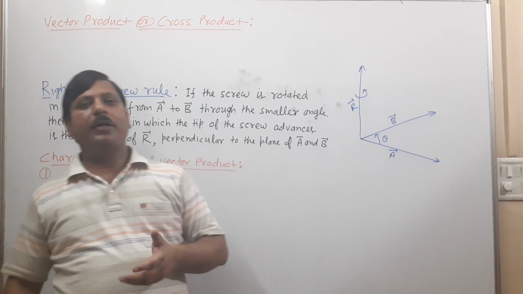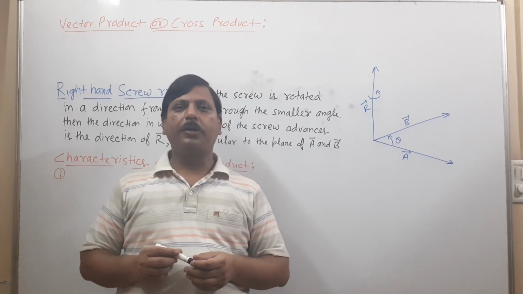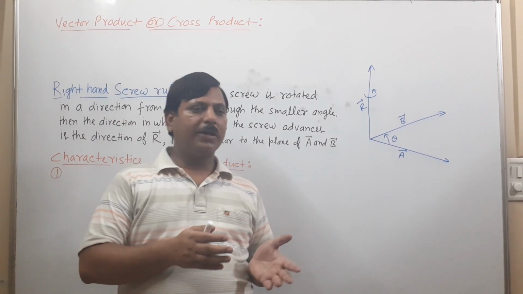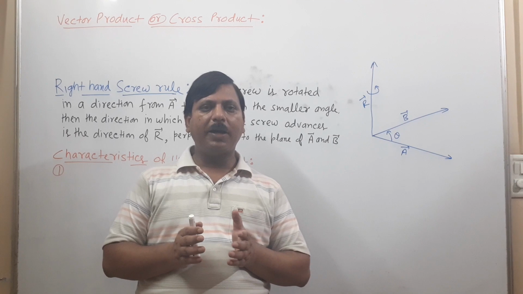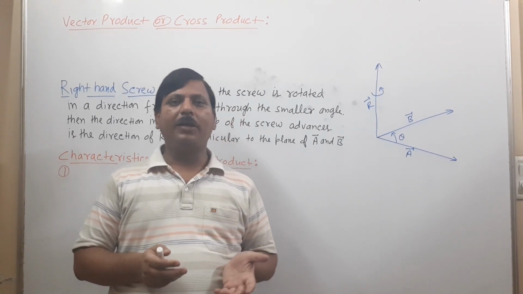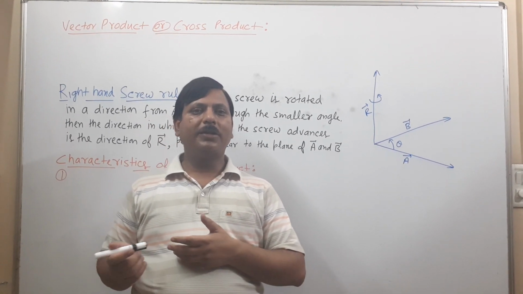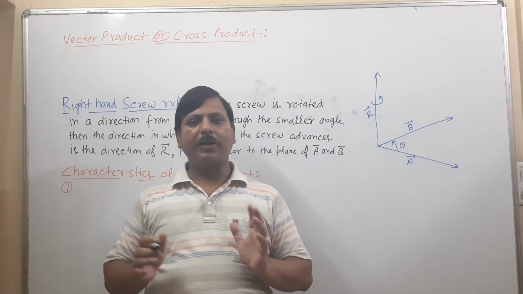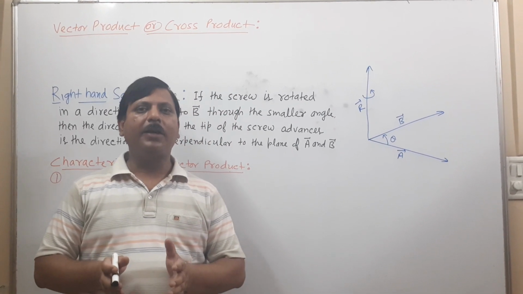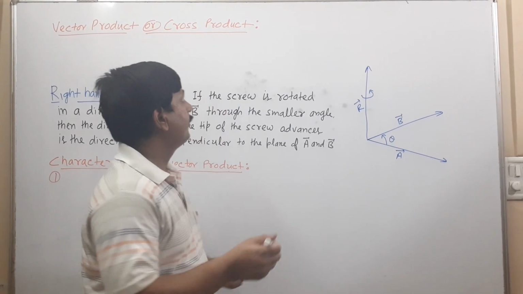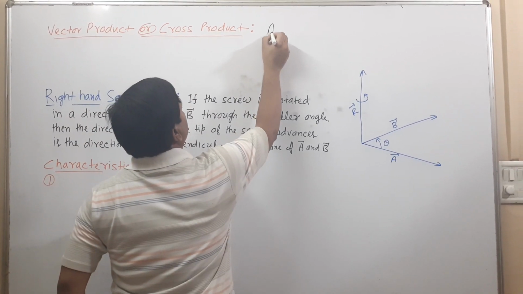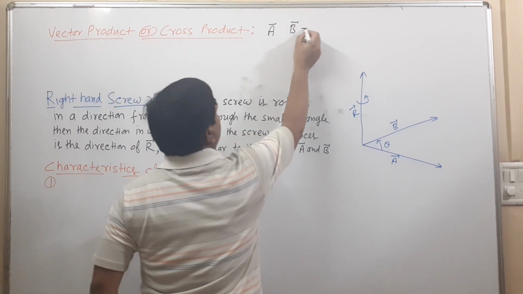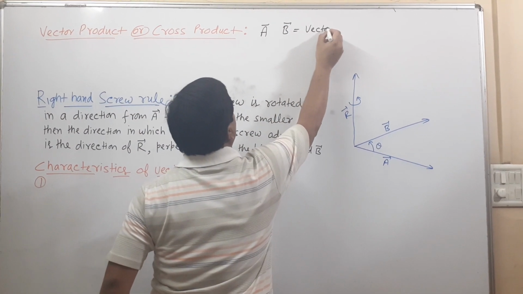We will discuss the cross product, or vector product. Earlier, in the previous lecture, I told you that when two vectors are multiplied, sometimes the result is a scalar quantity and sometimes it is a vector quantity. If the result is a vector quantity, that is called the vector product. So see here, if there are two vectors A and B, and we multiply them and the result is a vector quantity,